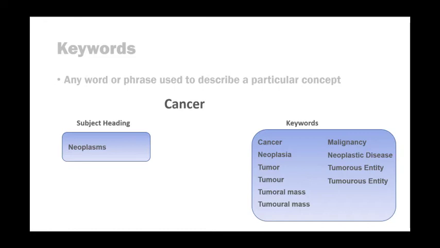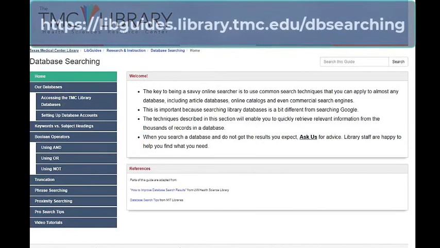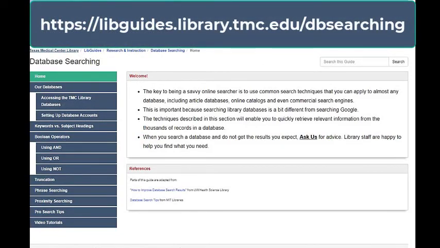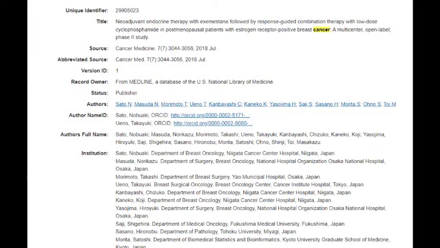There are some advanced search tips, such as truncation and adjacency searching, that will enable you to search for keyword variations more efficiently. For more information on that, please see our LibGuide on database search techniques. It's a good idea to limit your keyword search to certain fields of the article record. Each record in the database includes a number of different fields or types of information. The list of fields for an article record in Medline, for example, is very long and includes such types of